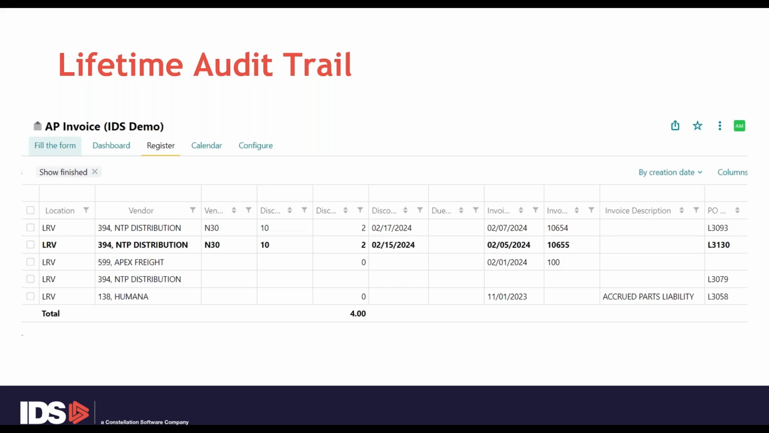There's also a lifetime audit trail. From the time you start using the system, it's going to capture all of the images of all the invoices that you've sent in, but also all of this detailed data that it's extracting from the images, and it creates this register. This register is an Excel-like table where you can sort and filter, and you can even create saved views. So if you wanted to create a register of just NTP, for example, I could filter this, hit the star in the right-hand corner, and then that would create my own little saved register